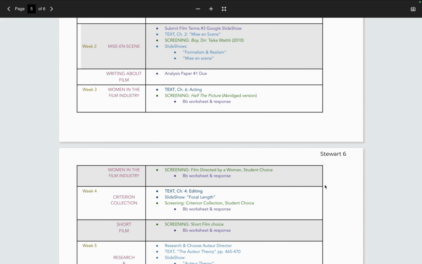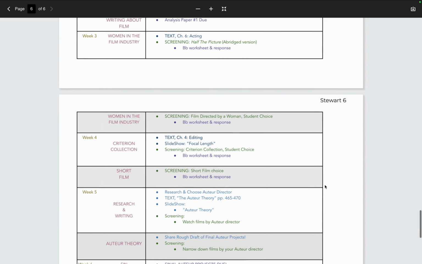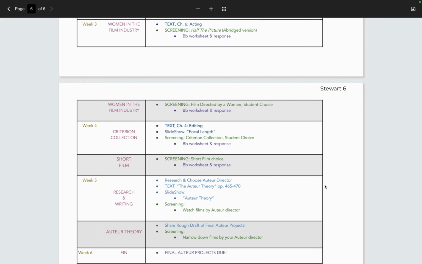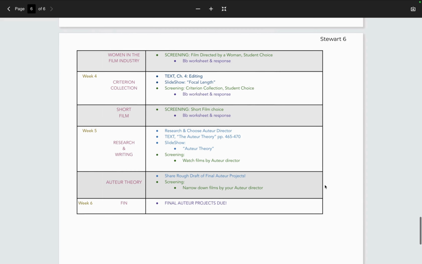We're going to be doing a unit with films directed by women and watching a documentary. Then you have a couple, actually three, choices of your own here. I've found over the years that giving students a choice of what to watch makes it more fun. And so you'll be choosing a film directed by a woman, a film within the Criterion Collection, and a film within